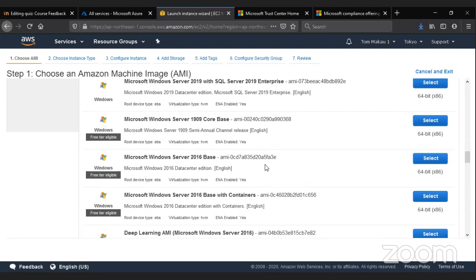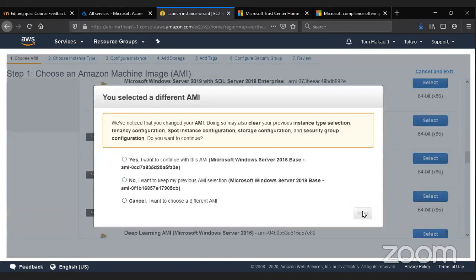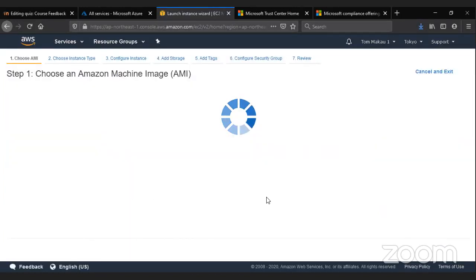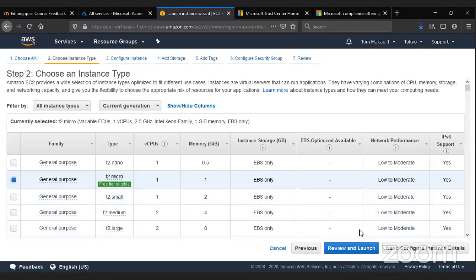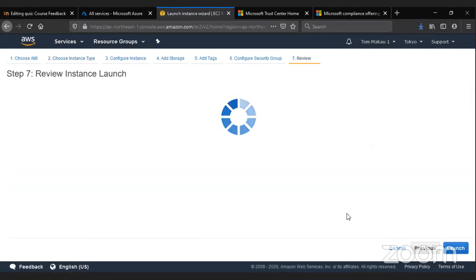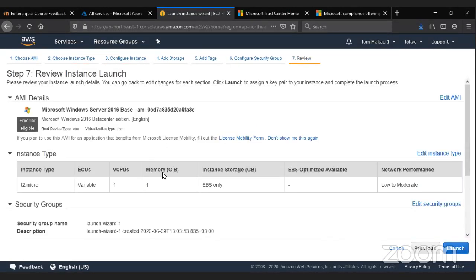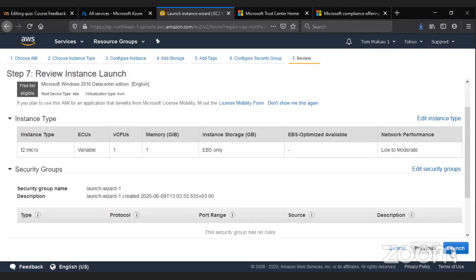Let's select that. Because my account is a free account for demo purposes, I cannot choose everything. So let's launch. We are now ready to launch that server. So let's say launch.